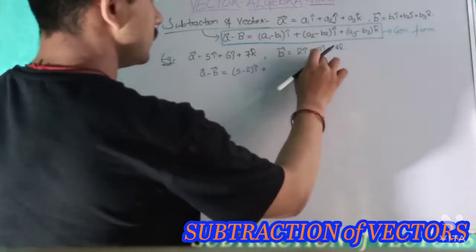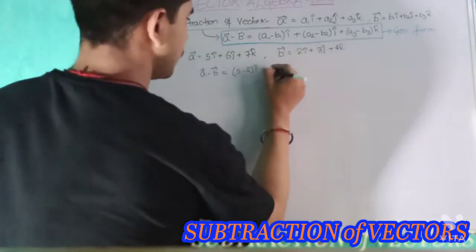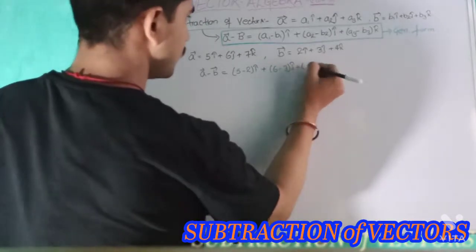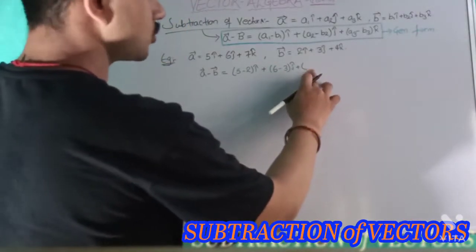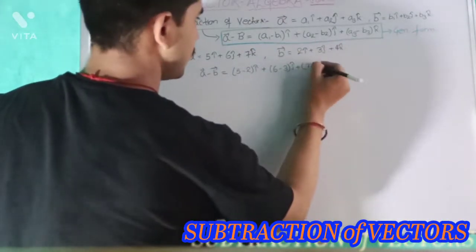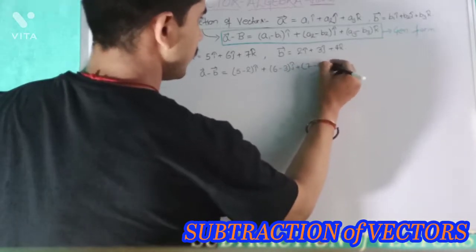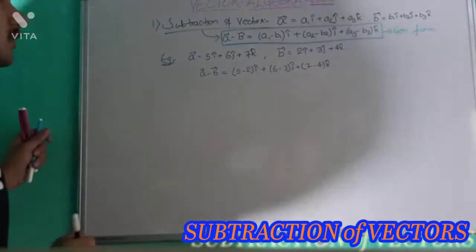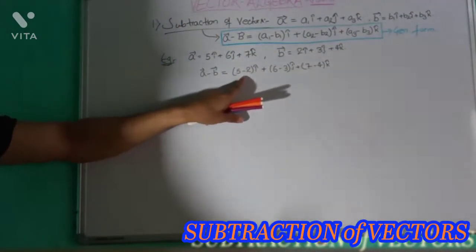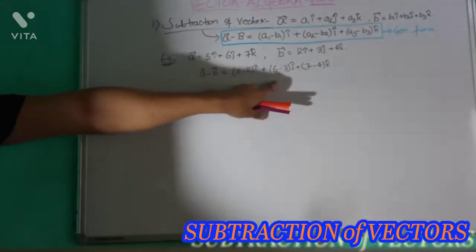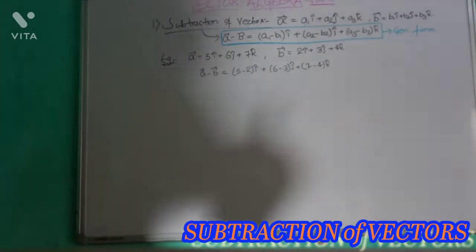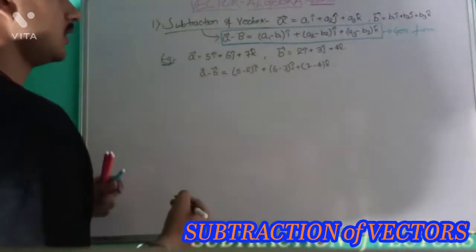So let's start with this 3 subtracted from 6. We write it as 6 minus 3 J cap. Then the Z component, that is the third component, 4 will be subtracted from 7. So let's write here 7 minus 4 K cap. This is similar to the first obtained result. We can see clearly the X component, Y component and Z component are respectively subtracted in their corresponding parts, like corresponding components of each.